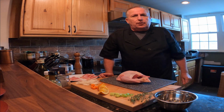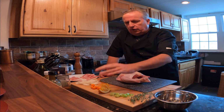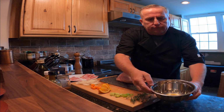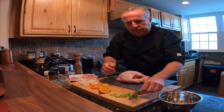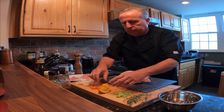Okay, we're all set to start preparing the bird. But let's talk about the ingredients first. We have it all laid out, all ready to go. Our mise en place is in place, and our ingredients are ready to go. We're going to have some fresh squeezed orange juice, a few sprigs of thyme, maybe about half a stalk of celery,